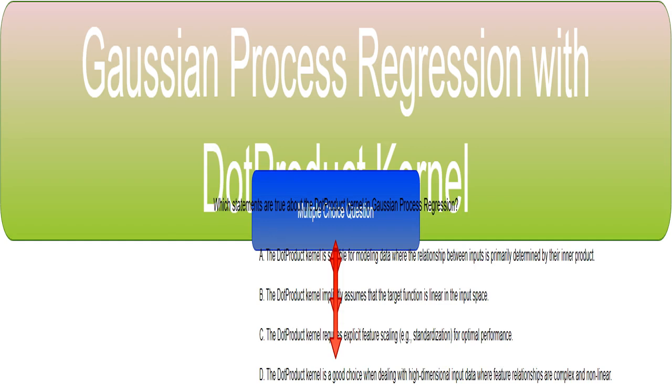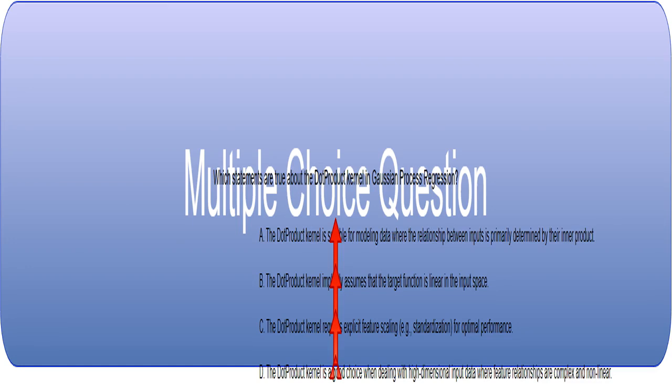We're using a Gaussian process model, a powerful tool for regression tasks, combined with a specific kernel called the DotProduct kernel. This kernel dictates how our model measures similarity between data points. Let's test your understanding of the DotProduct kernel within this Gaussian process regression framework. I'll give you some statements, and you'll decide which ones are true. I'm asking you to identify the correct properties of the DotProduct kernel when used in a